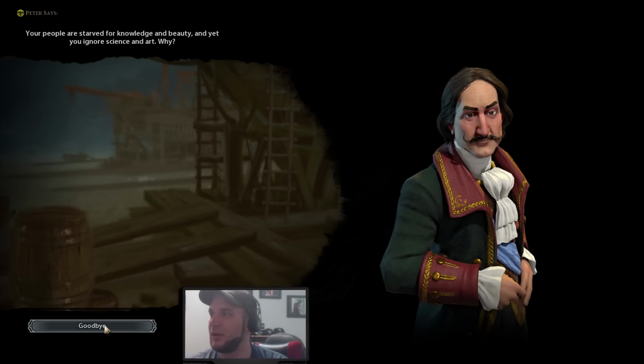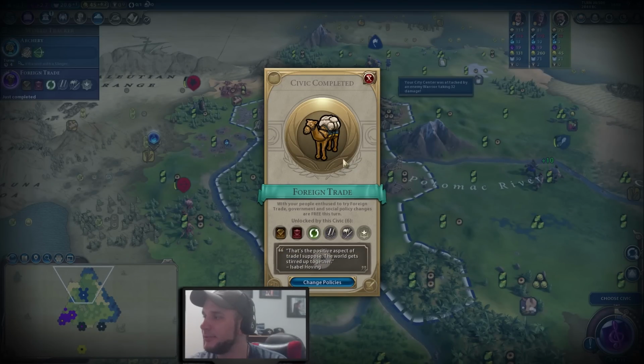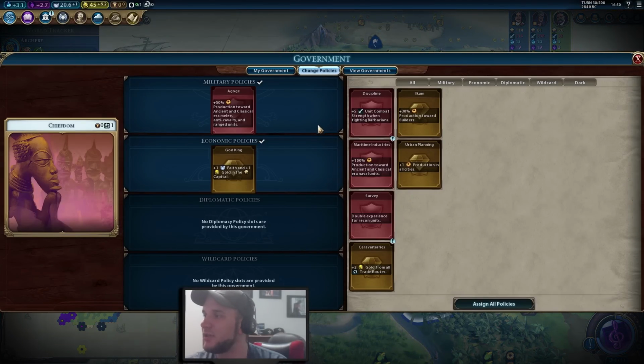Peter here's pissed off because he has better science and whatnot than us. The positive aspect of trade, I suppose. So we went ahead and got foreign trade now, which is nice. We still, unfortunately, need to get a Pantheon, and we haven't yet, so we're going to be keeping God King in place, and